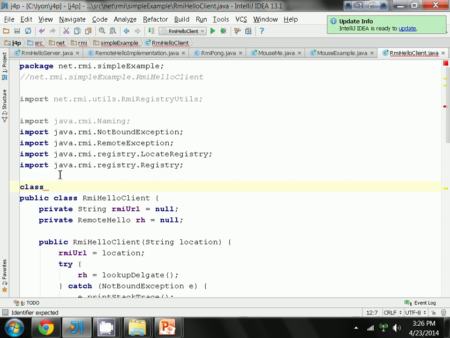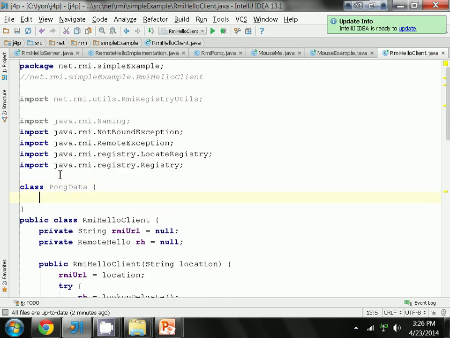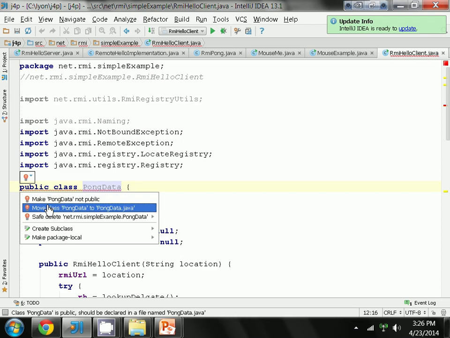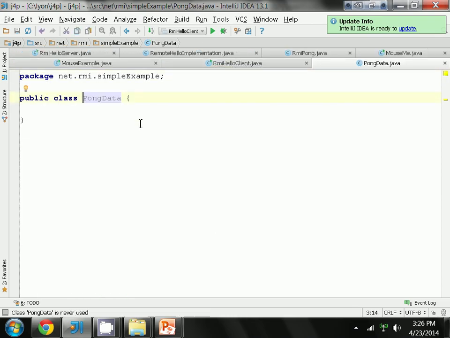Would you mind making it a new file? Pong. I'll put it in a new file. Pong data structure. How about just Pong data? That's good, right? I don't have to call it data structure because it's silly. Pong data. So Pong data contains. You want it in a new file. Let's do that. We'll make it public. That'll cause the IntelliJ compiler to complain, and then we'll move it to pongdata.java under simple